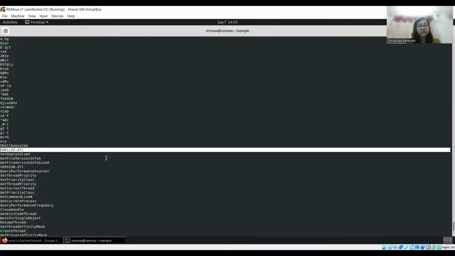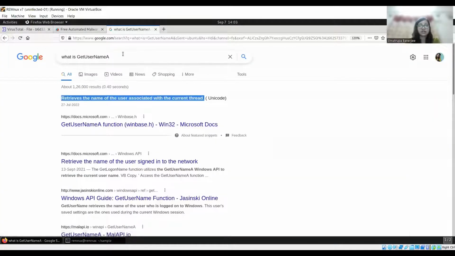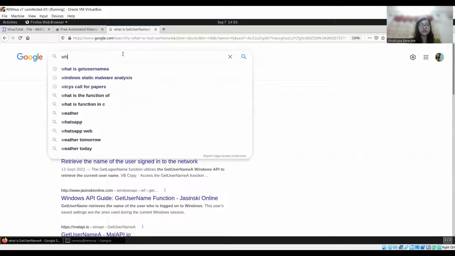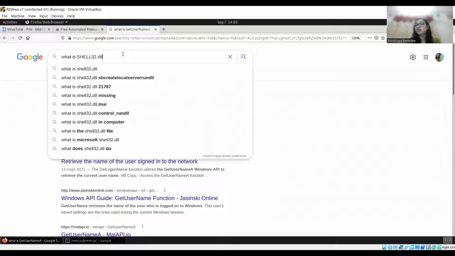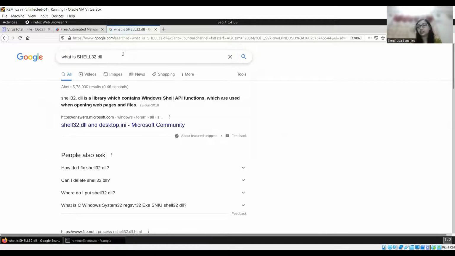shell32.dll. You can also have a look at what this is. And why am I doing this in front of you? Because this is something everybody follows, unless they have a lot of experience and are already aware of these things. For beginners, people who are just starting with this, it's very common, useful and important that you Google if you don't know something, but make sure that you're not sharing any confidential data. So it is a library which contains Windows Shell API functions, which are used when opening web pages and